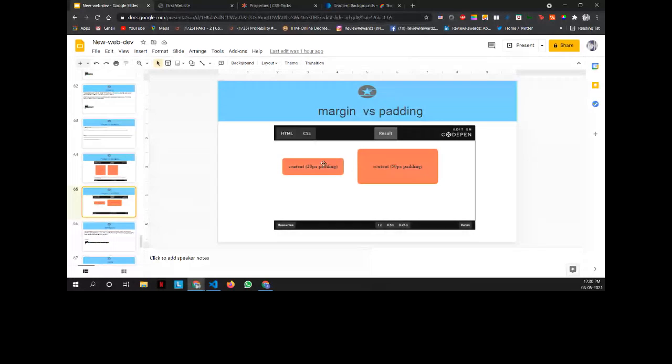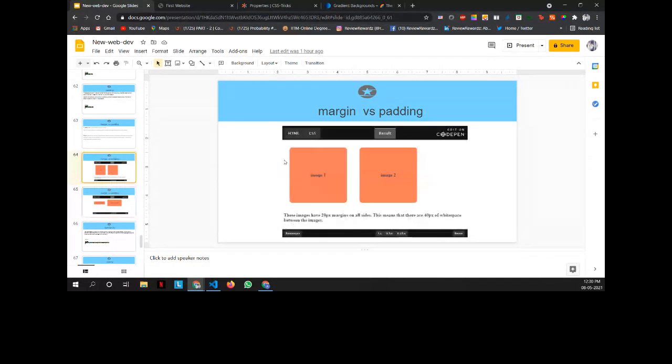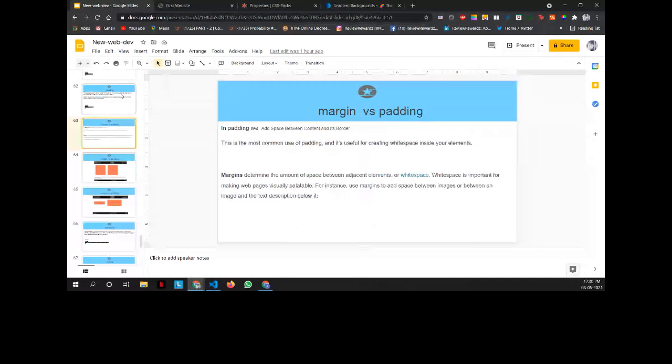It can hinder or mess around with your mobile responsiveness, because if you've given 25% of width and you add padding, the width automatically increases. But in margin, if you do that, the width does not increase. It just increases the white space outside the image. So that's one key difference between padding and margin. You have to keep in mind when to use margin and when to use padding. So this was the demo for margin.